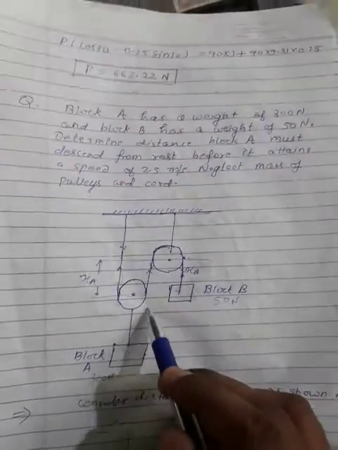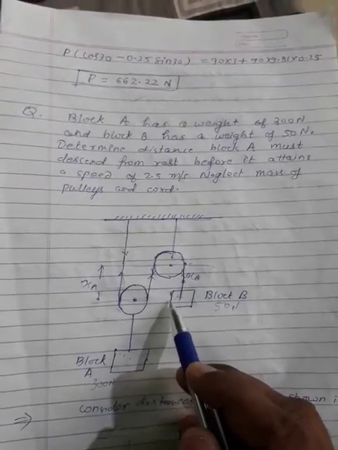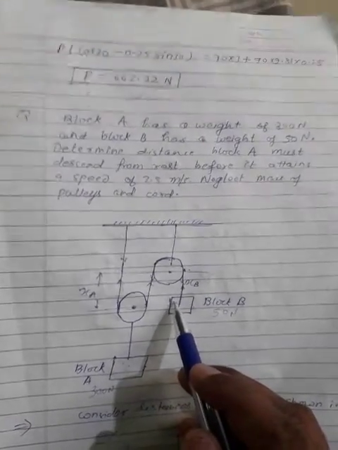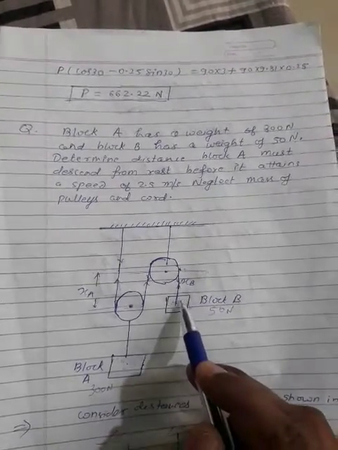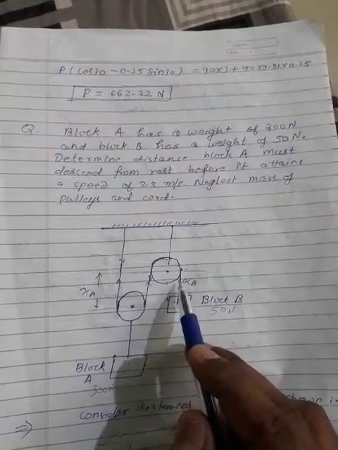So this is a numerical of dependent motion. In dependent motion, block A will move downward and the same amount block B will move upward,